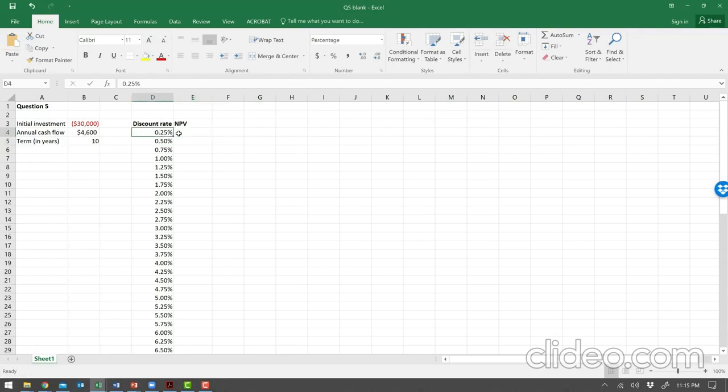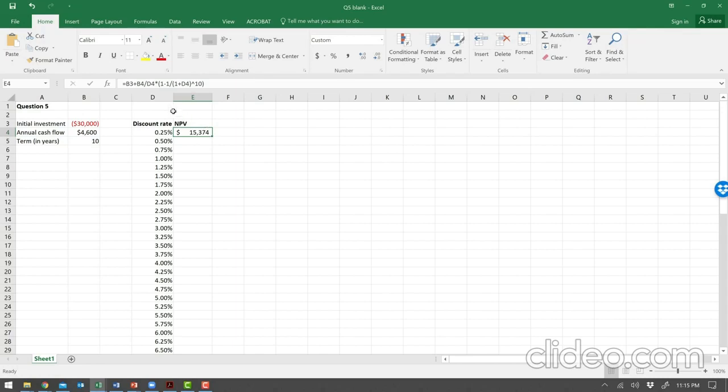So starting from 0.25%, the net present value equals the initial investment plus annual cash flow divided by this discount rate multiplied by 1 minus 1 divided by 1 plus discount rate raised to the power 10. So in this case, if the discount rate is 0.25%, the net present value of our project is